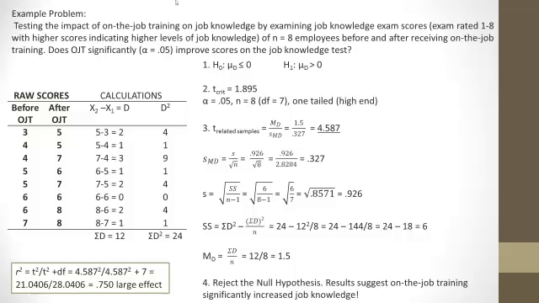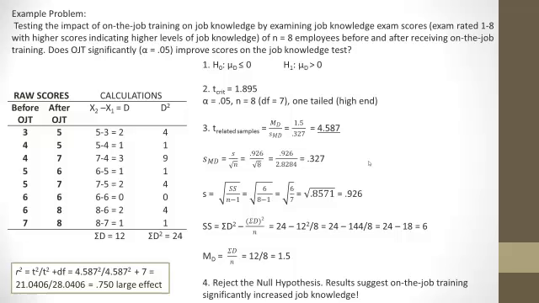Now we plug in our standard error into our formula for the t-test for related samples and our mean difference. So replace the MD with the mean difference that we found, 1.5. Replace that S_MD, or the estimated standard error of the difference, with what we found, that 0.327. Do that division and you end up with 4.587 for your t observed, your t related samples, your calculation